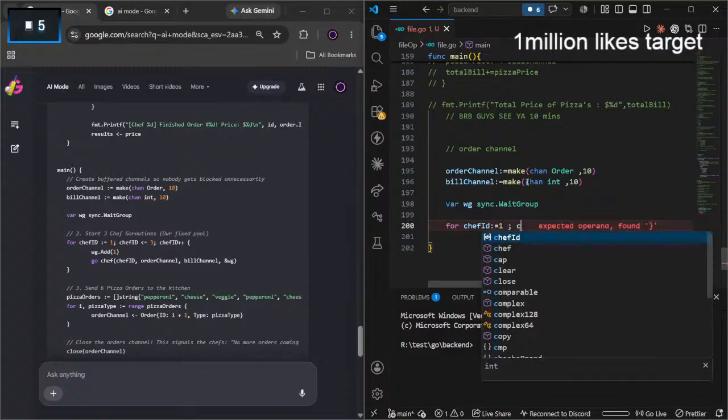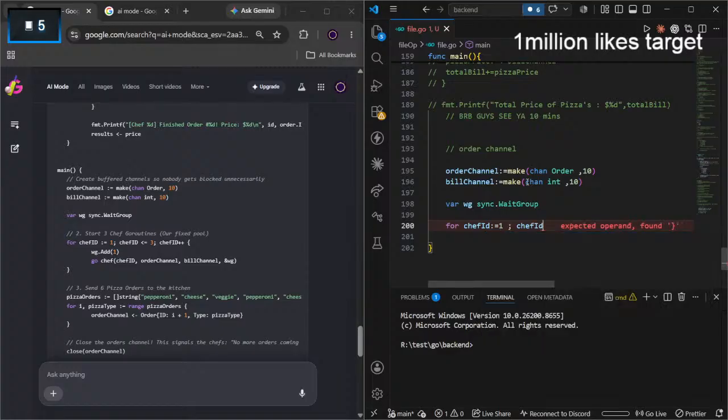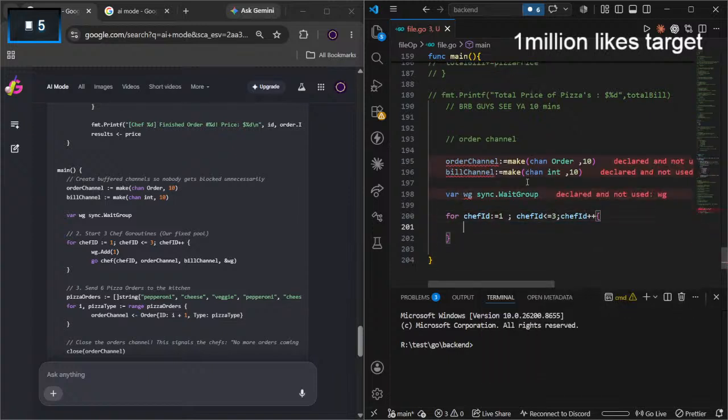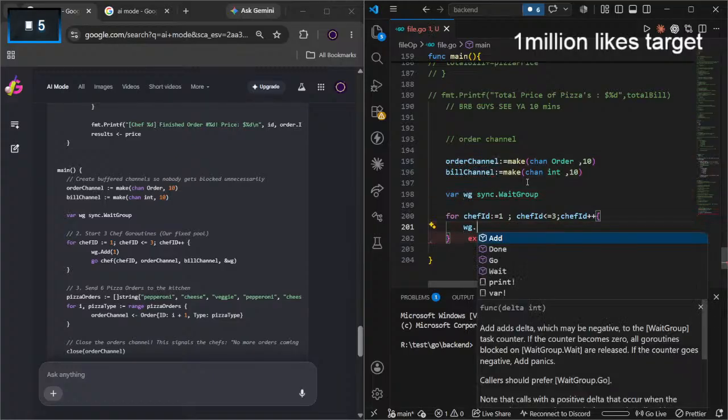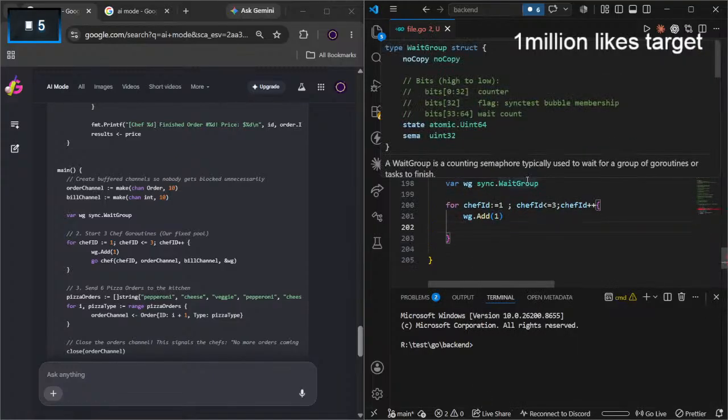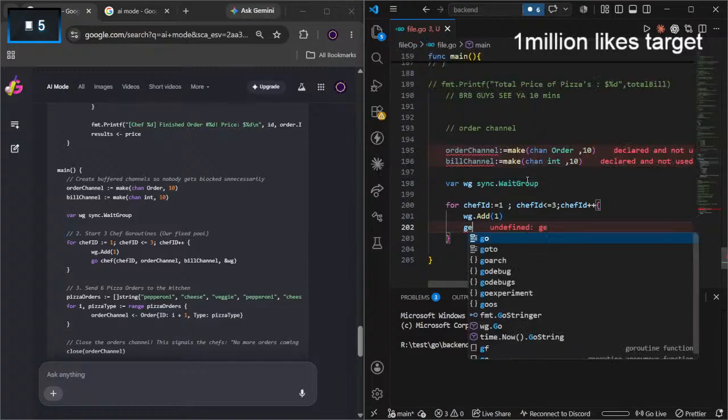It's a for loop, but he wrote something different instead of i, so I got confused. We have three. Until then chef ID plus plus happens. What do you call this? Parenthesis, right? I don't know what wg add means. Will it only wait for the one thing?